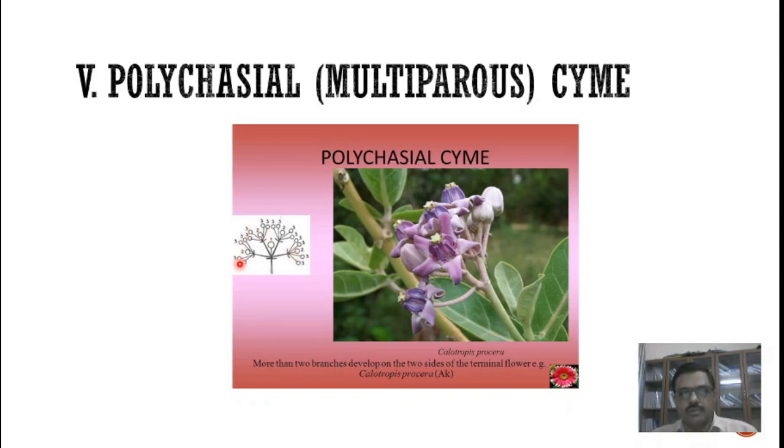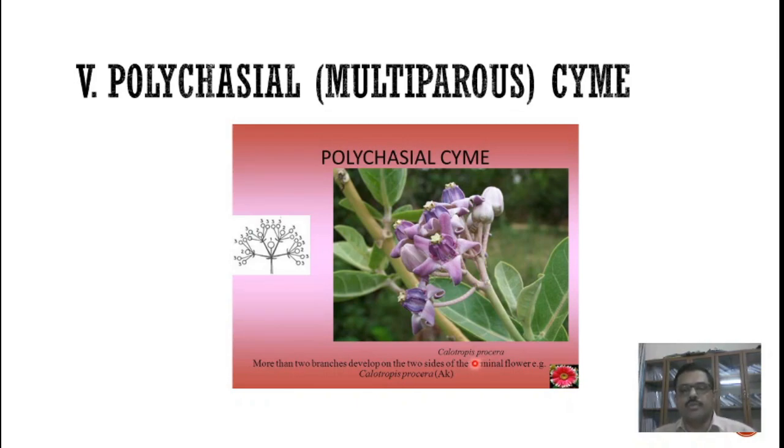And each of these flowers possess more than two bracteoles, giving rise to more than two flowers, and this pattern continues. So at a time more than two flowers are formed in a polycacial cyme, as we